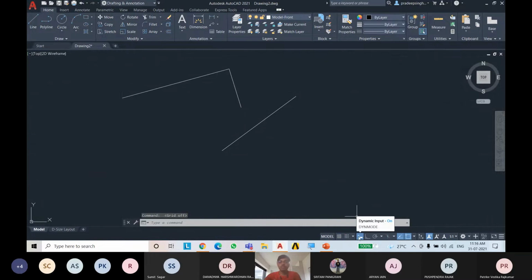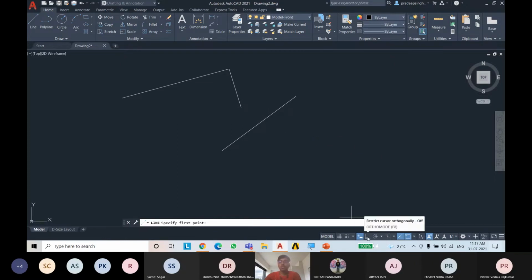And this is known as dynamic input. You must see that when I put a command and take my cursor, there is some option, some window beside my cursor. It's saying specify first point, and this same is written here in the command window. If you do not want this window to appear beside your cursor, you can turn it off from dynamic input. Now I'm not seeing anything, and now I open it, I see the window.